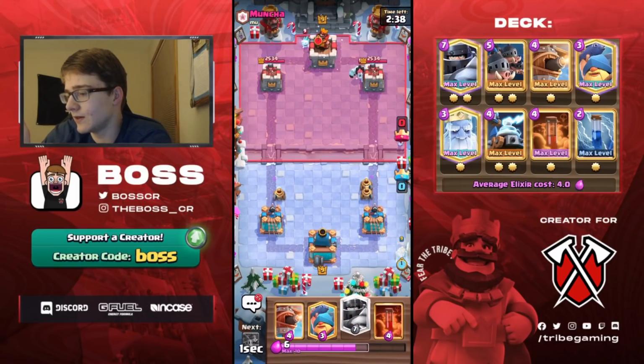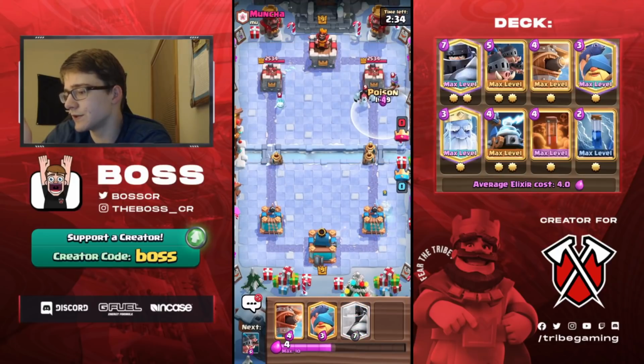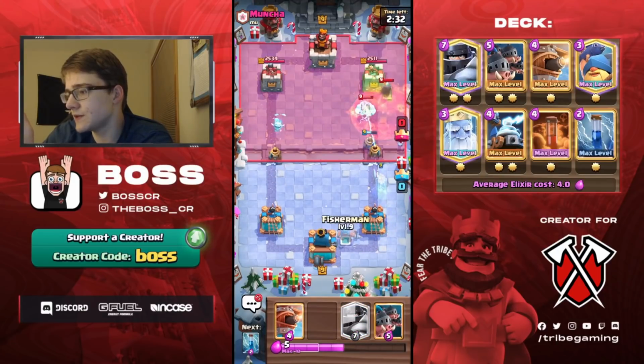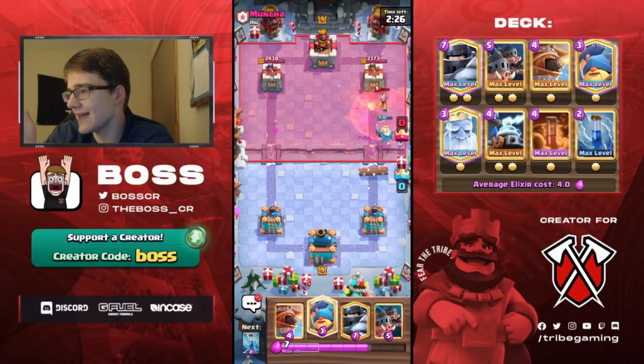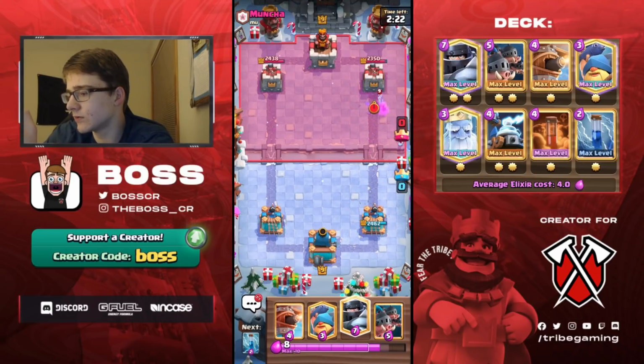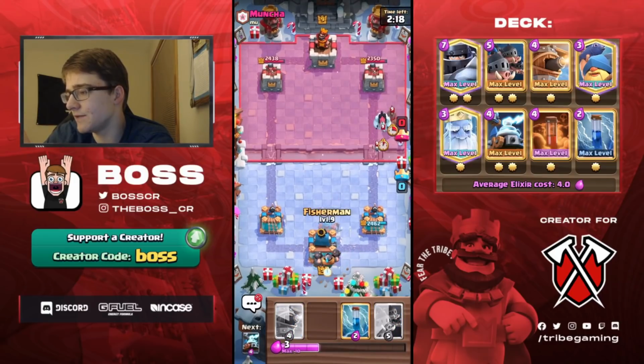Anyway. He's going to go for an Ice Golem and an Ice Spirit. Musketeer, it's looking like 2.6. We're going to poison the Ice Golem and the Musketeer. Have Fisherman ready if he goes in for a Hog. This matchup is, I don't know. He's got Fireball and Cannon, a very fast cycle. We'll see. I'm just going to cycle my Mega Knight in the back. If he goes for...